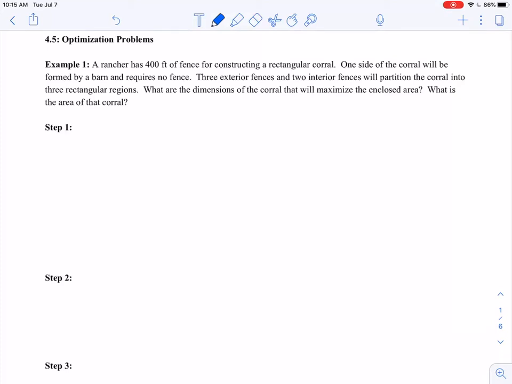I have a rancher that has 400 feet of fencing for constructing a rectangular corral. One side of the corral will be formed by a barn and requires no fence. 3 exterior fences and 2 interior fences will partition the corral into 3 rectangular regions. What are the dimensions of the corral that will maximize the enclosed area, and what is the area of that corral? Step 1, I think a lot of us could probably predict what it is. We want to draw a picture